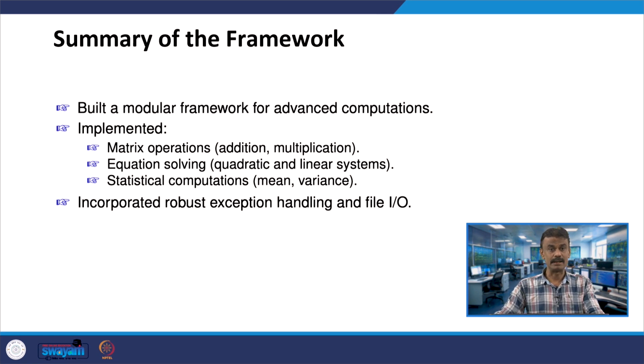We have seen the quadratic equation; try to solve the linear equation, and take a matrix which is singular, Ax equals b with A singular, and see how you can use error handling exceptions for those. We have solved for the quadratic and seen the mean; try to compute the variance. With the help of file handling and exception handling, you can solve these kinds of problems.